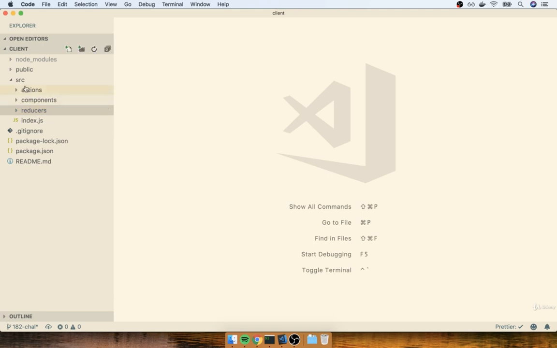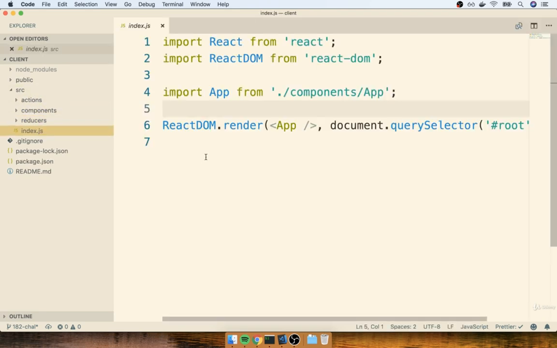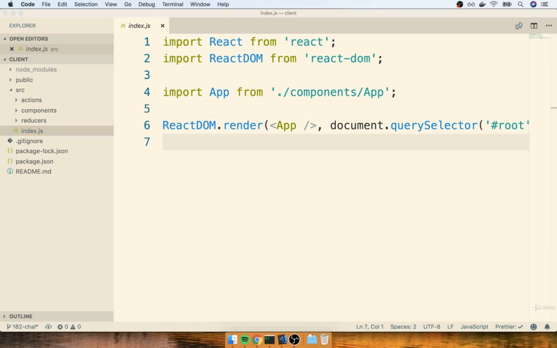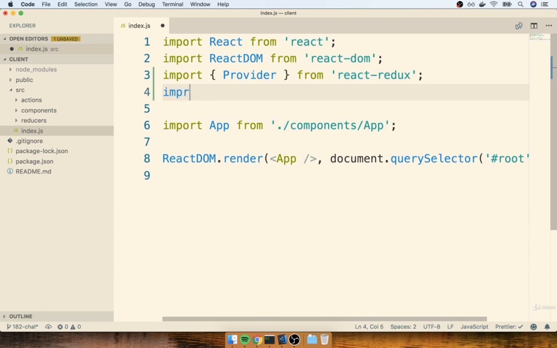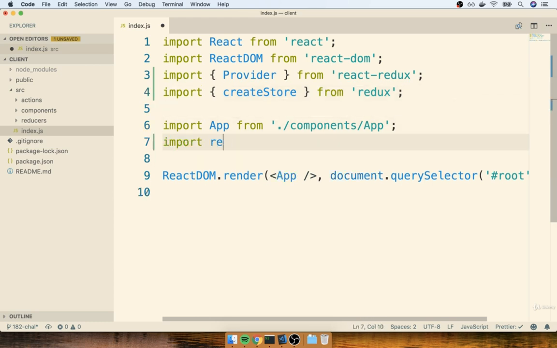And then finally, I'm going to find my src directory and open up the root index.js file, where we initially create our app component and render it onto the screen. All right, so inside of here, it won't be that bad. It's just going to be all the stuff that we've usually done. At the top, we're going to import the Provider element from React Redux. We're going to get createStore from Redux. Next to our app import, I'm going to also get our reducers.